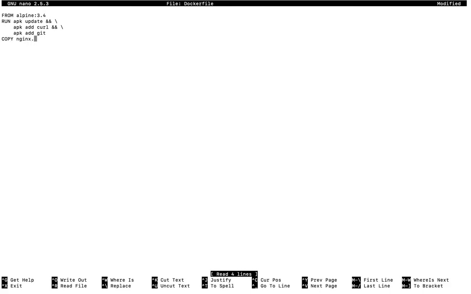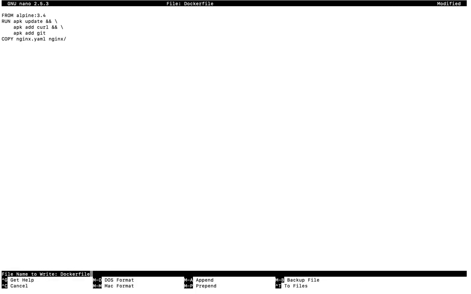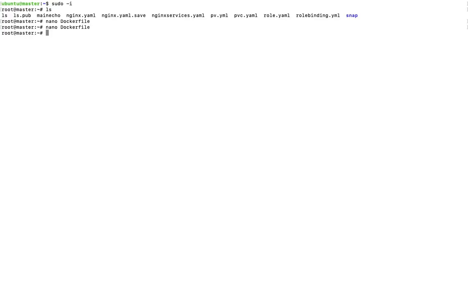You know the name of the file, it is like docker nginx. So I'll copy into a directory called nginx. If this is not created, by default Docker will create it. Right now I haven't created this directory, but the Dockerfile will create it. So inside this nginx directory I'll copy the nginx.yaml.